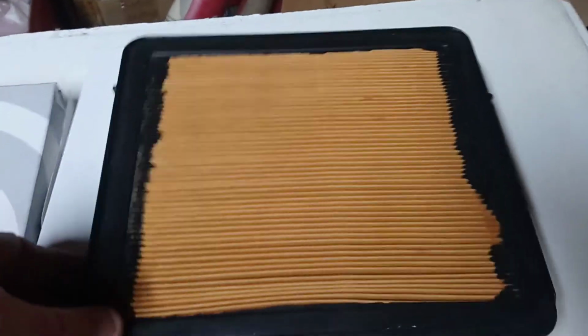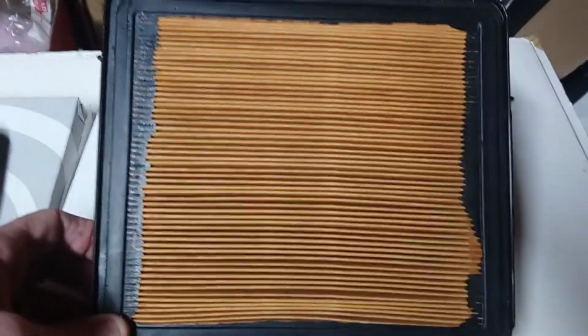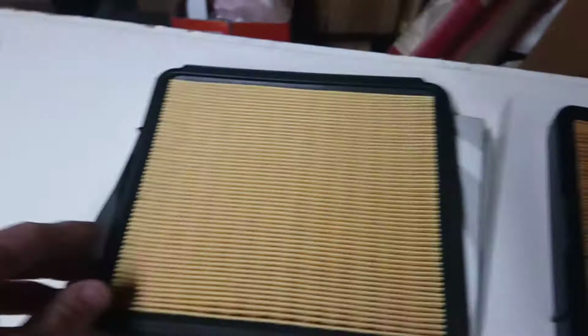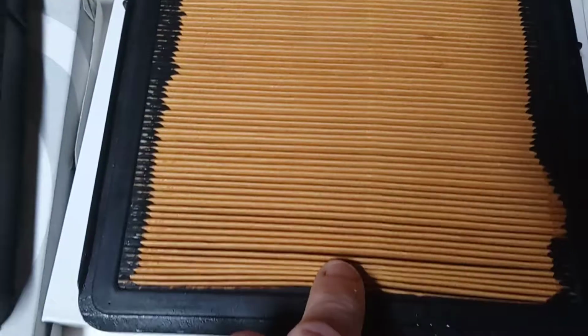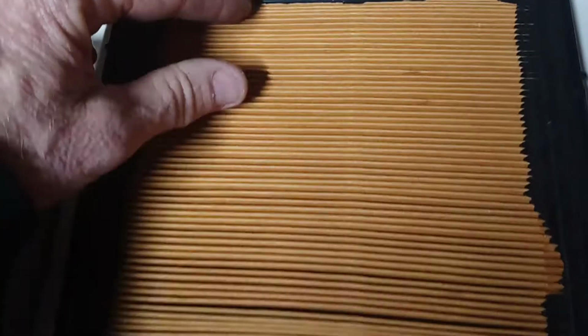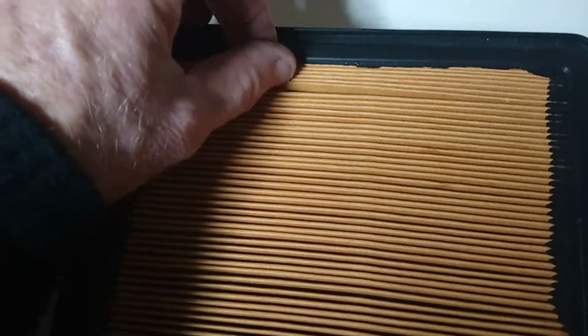But I think I'll run with the BMW one rather than fit this thing. I could save that for a rainy day or try and sell it. But I really don't think in many respects that the quality is kind of there. Automatically you're restricting airflow a bit by having all these elements stuck together. But anyway, I'll show you the difference when I install this,